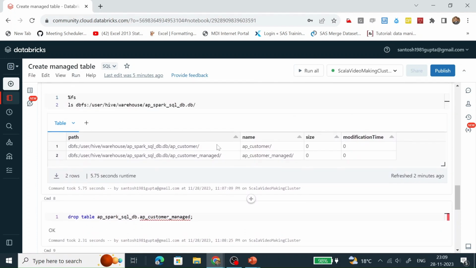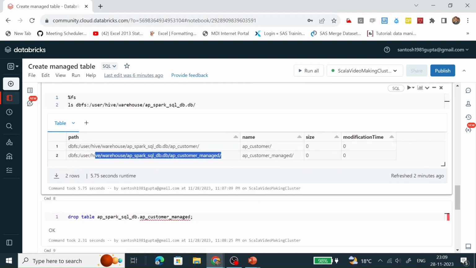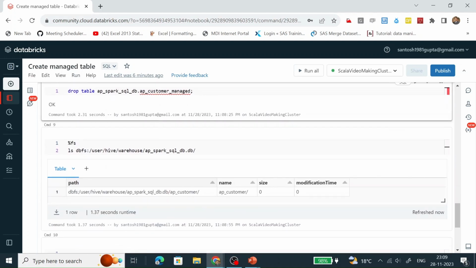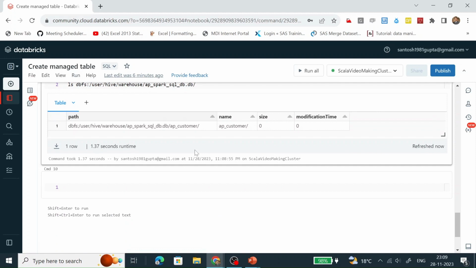If we look above, this was present when the table was there. Now we have dropped the table. The table is dropped, and its related data which is stored in this location is also getting deleted. So we can see how a managed table works in Spark.